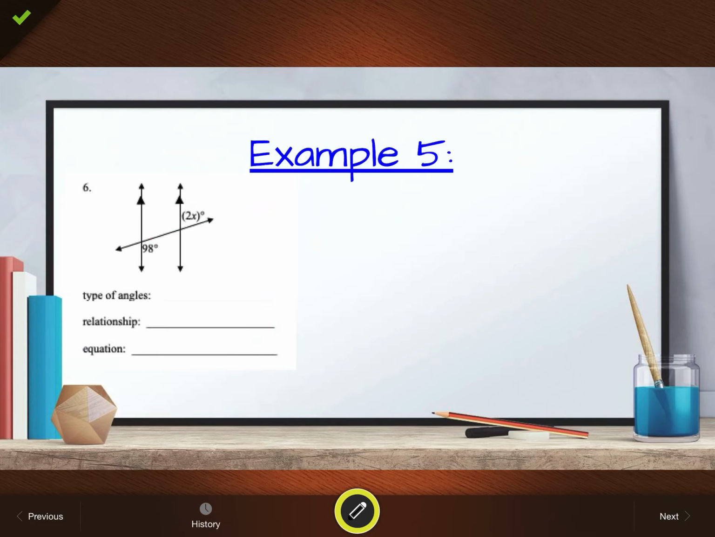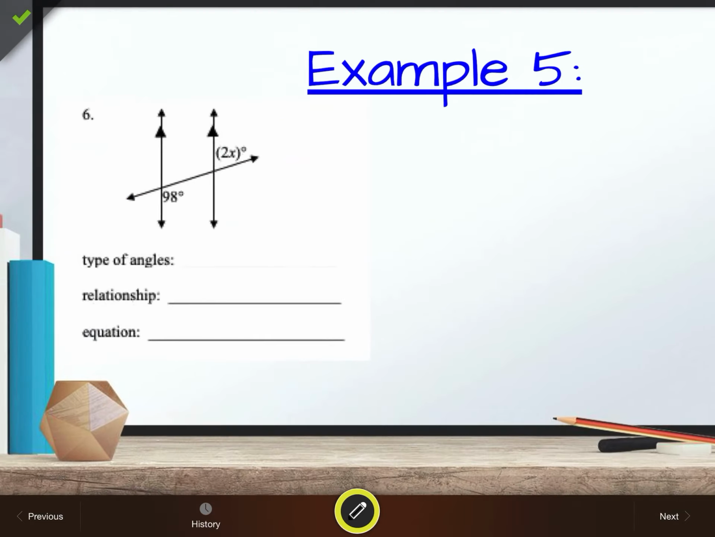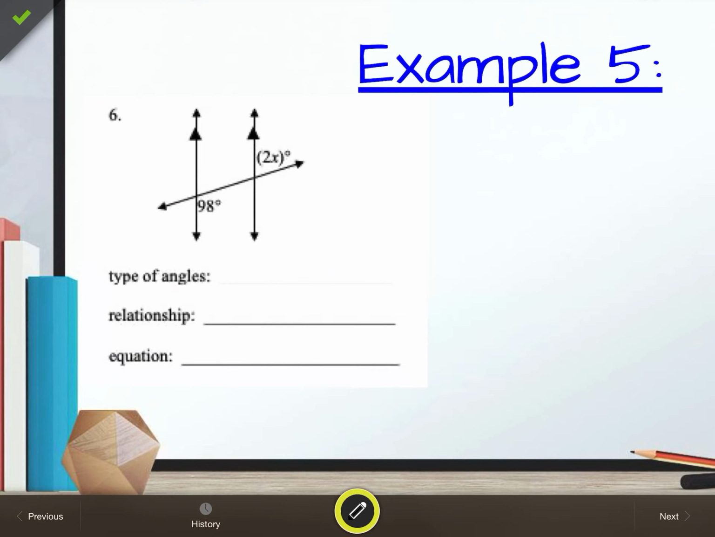All right, so this one right here I put on here because people always get thrown off because the parallel lines are now running vertically instead of horizontally. Don't let that throw you off. If it's hard for you to look at, then turn it. You can turn your paper. It's a little harder to turn your screen, but